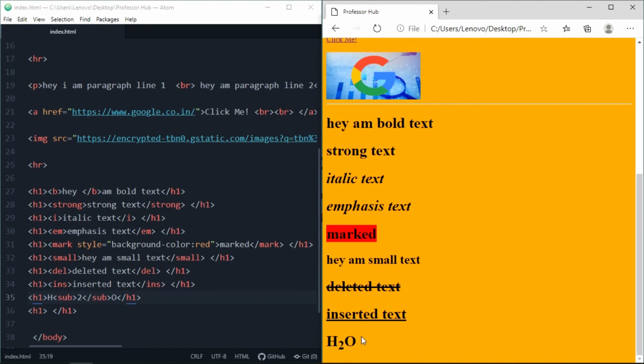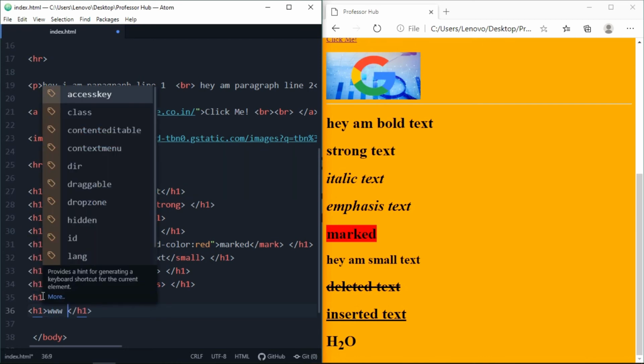So what if we wanted a 2 to be on the upper side? Like there are different things which require like square root, cube root. So let's use the superscript tag here. Let's simply write www and let's use the superscript tag here.